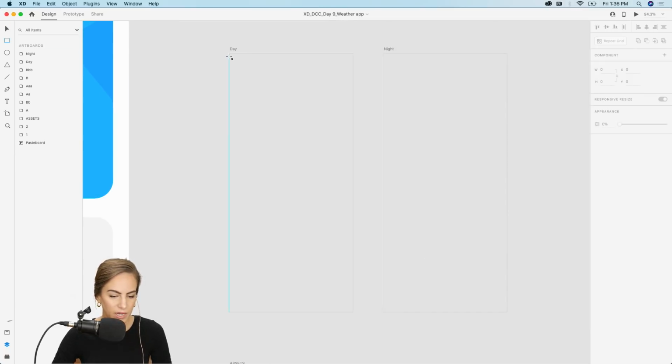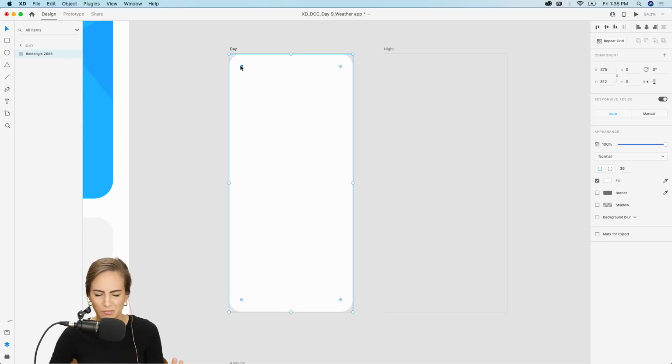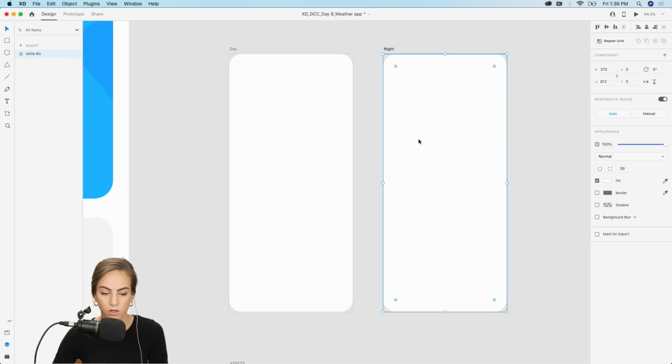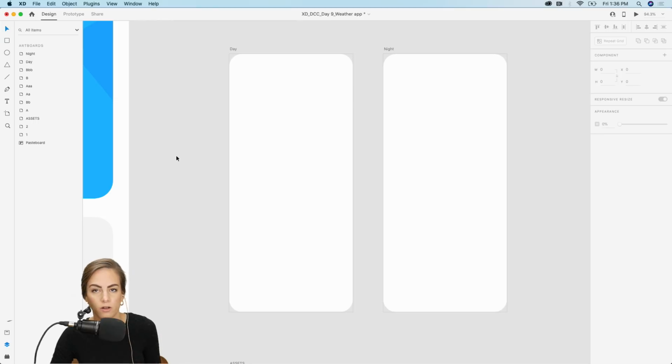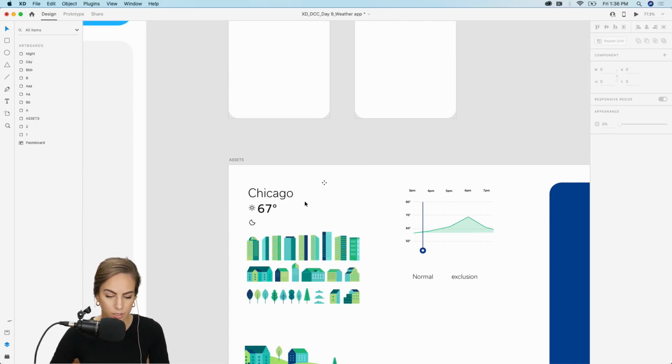So I'm going to start with the background, just a simple white background. Doing this on mobile because I've been doing a lot of desktop sites this challenge, so I wanted to keep it mobile this time. And it's really important that as we are designing, especially for this one, that we name all of our layers, because for Auto-Animate, it's really important when you're switching from artboard to artboard that it is able to keep up with whatever layers you're connecting.